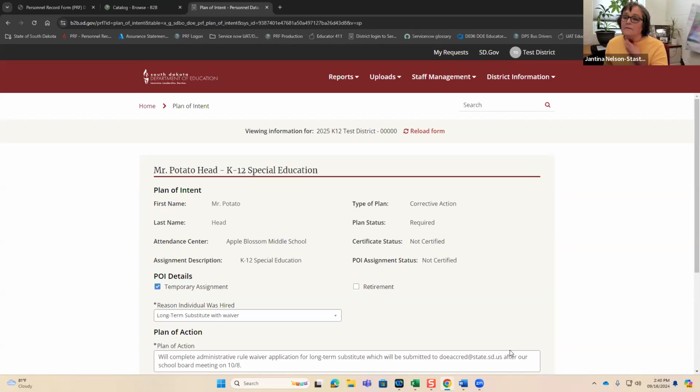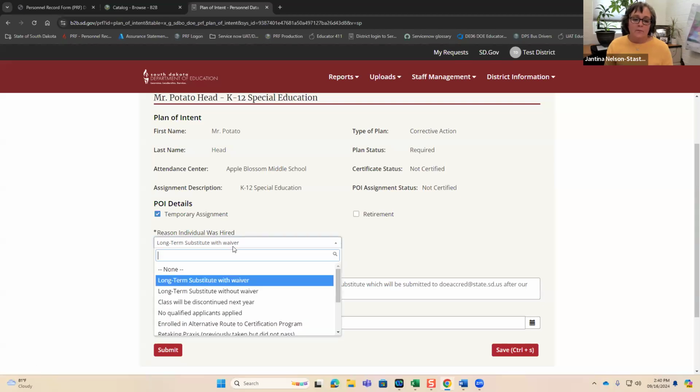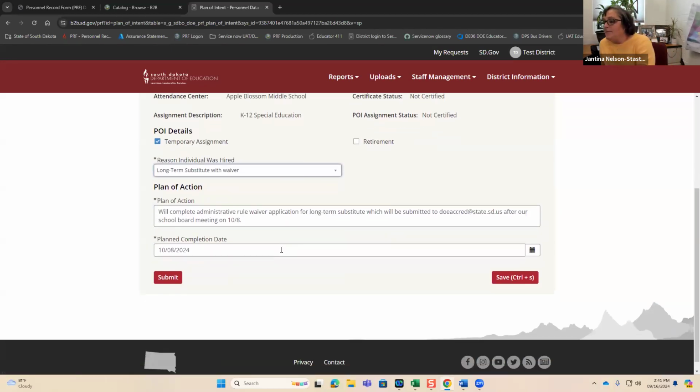If you recall, Mr. Potato Head was the long-term sub, so in this case you can use the temporary assignment. Once you pick that temporary assignment, there will be a reason for long-term sub with waiver. Then it asks you for the plan of action that you are putting in place for that person to gain a certificate.